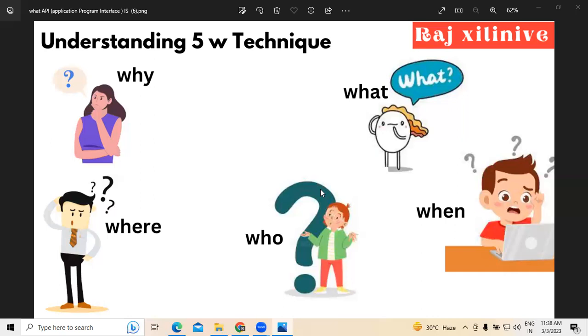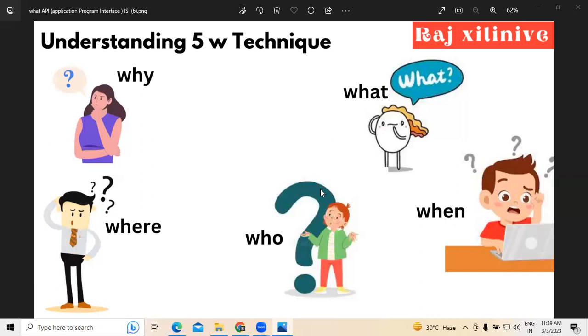In the process of working on root cause analysis, the business analyst team follows different techniques, such as the fishbone diagram and the 5W technique. Among these, one of the techniques we use is called the 5W technique. The 5W technique is as follows: why, what, where, when, and who. These are the 5 W's which we normally use to understand the kind of problem as well as the